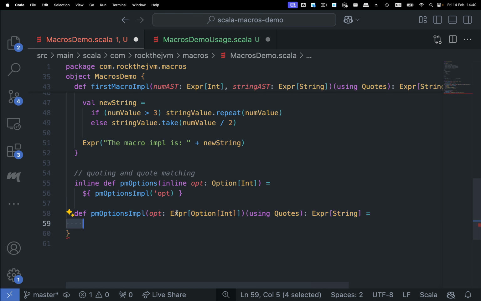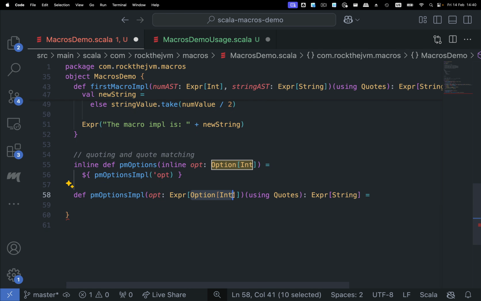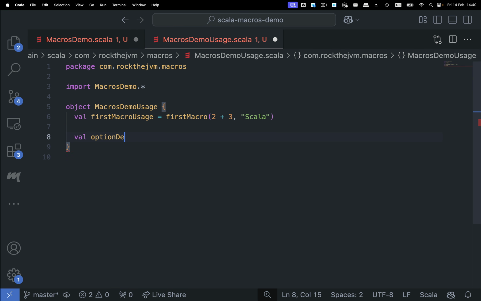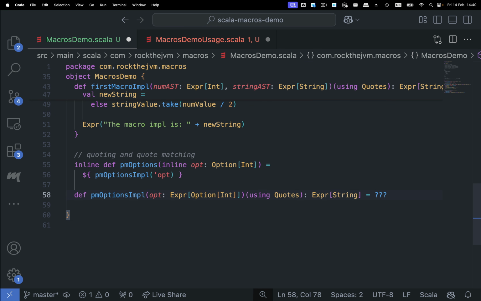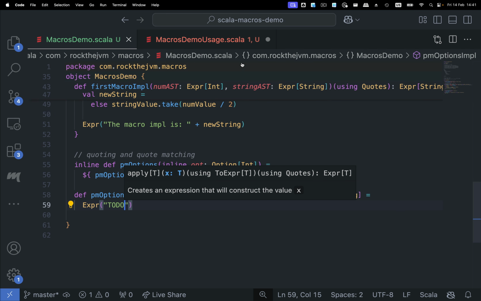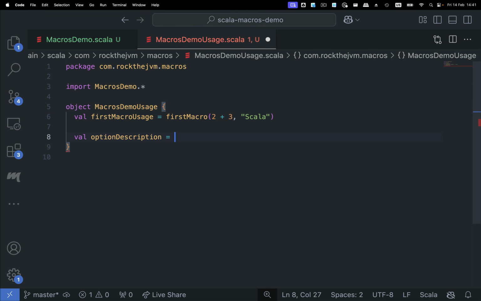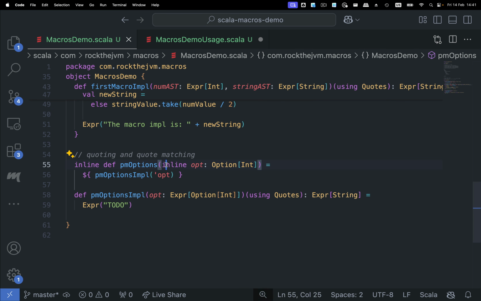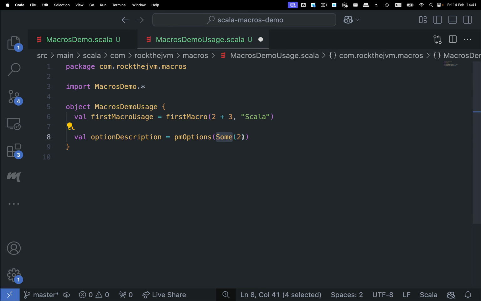Okay. Now, this expression contains the entire structure of the option int that we're passing as argument. So the expression itself, so for example, if I'm calling option description, let me introduce an expr, let's say to do, so that the code doesn't crash. Okay, so option description as PM options on some option like sum2. If I pass sum2 as argument directly as it is, and the option parameter is inline, the expression itself, the constructor sum2,